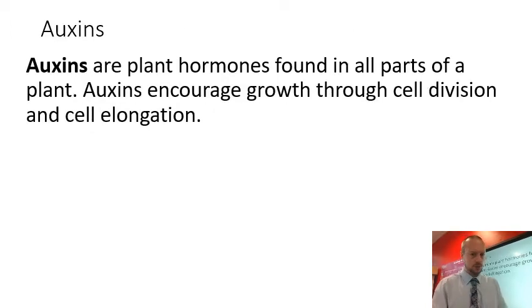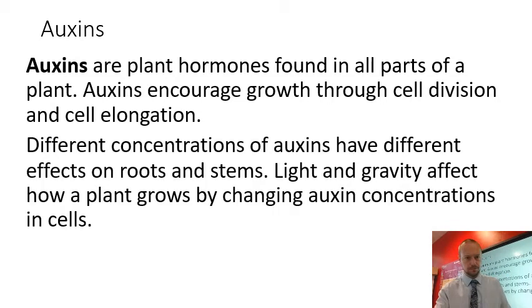Right, auxins. We'll understand that these are produced in the plant shoots and roots, and that they speed up growth in the shoots and slow down growth in the roots. We'll understand, hopefully, that auxins move away from the light and they move down because of gravity, and this affects positive gravitropism in the roots, which grow down towards gravity, and negative gravitropism in the shoots, so shoots grow up away from gravity,